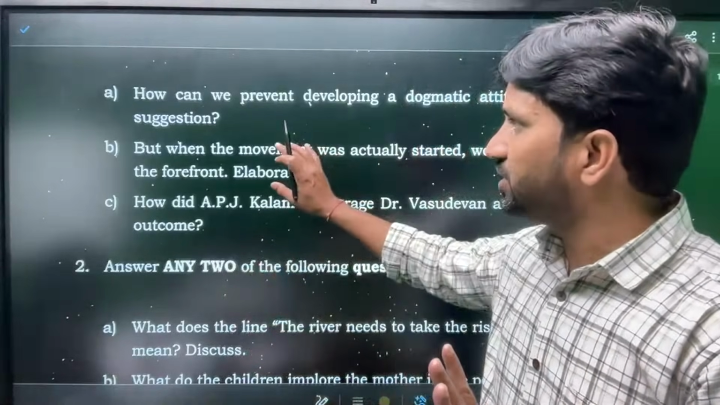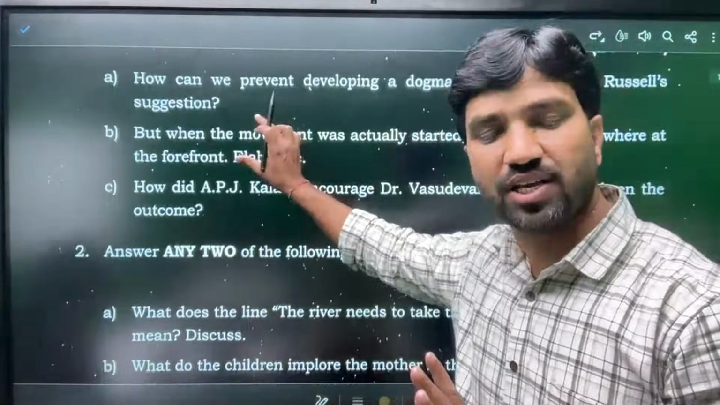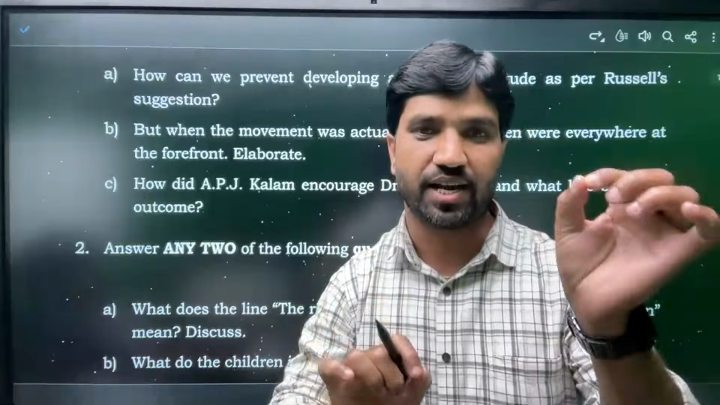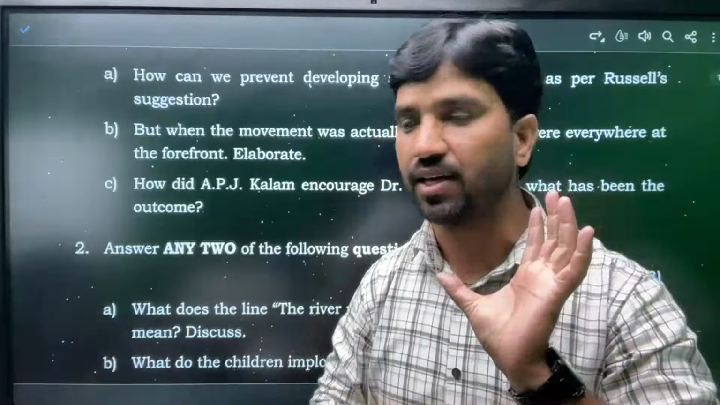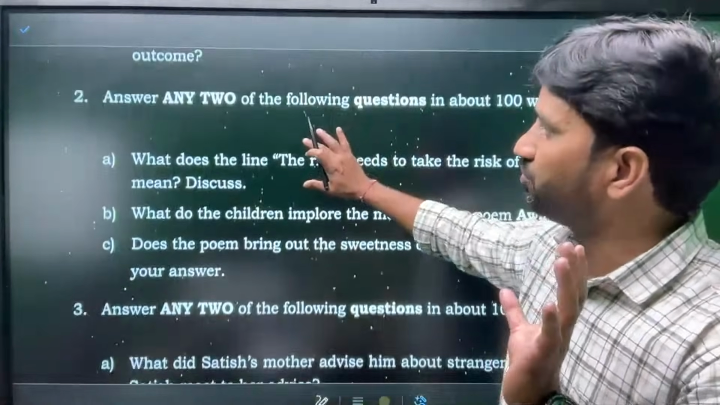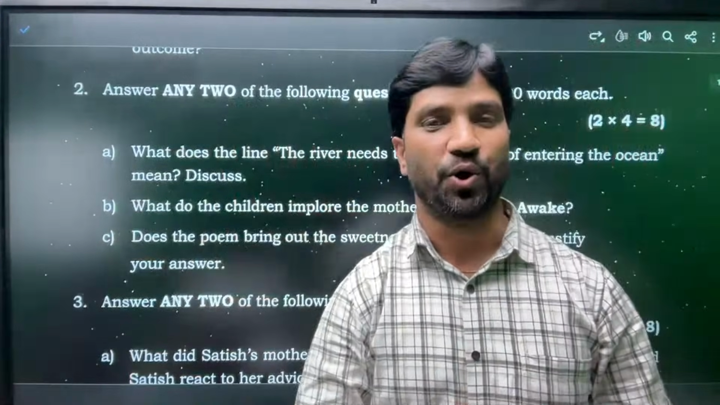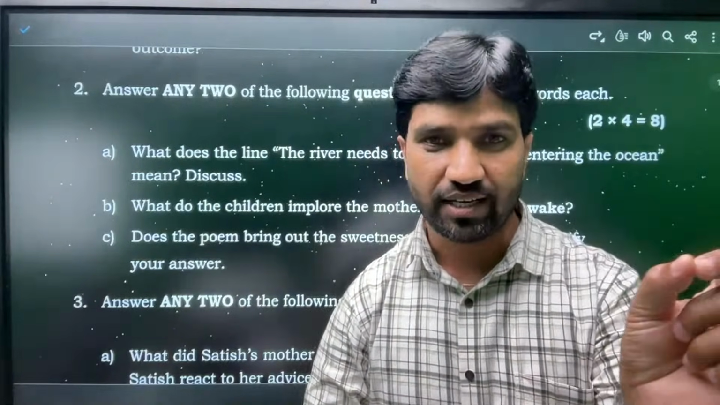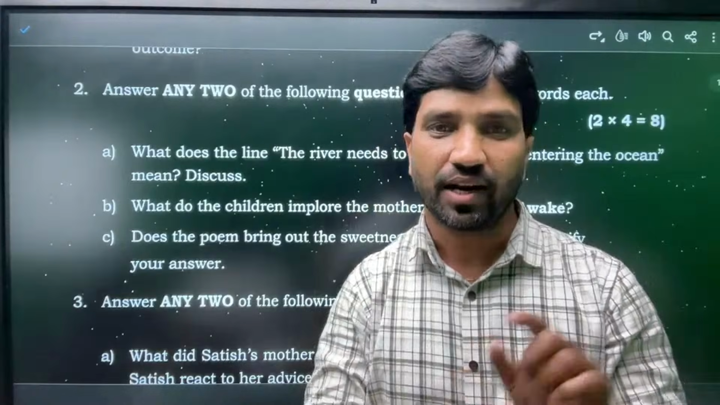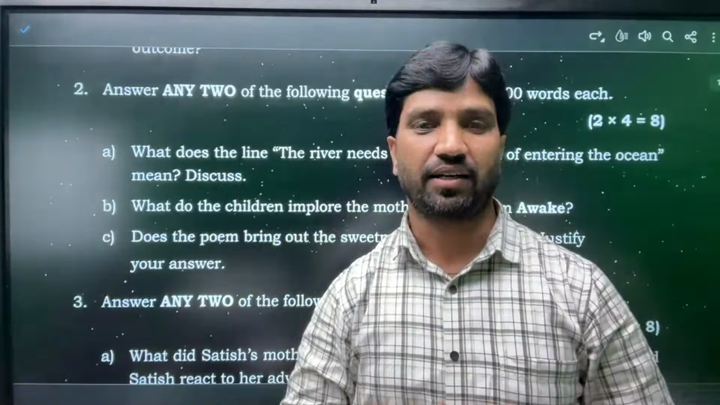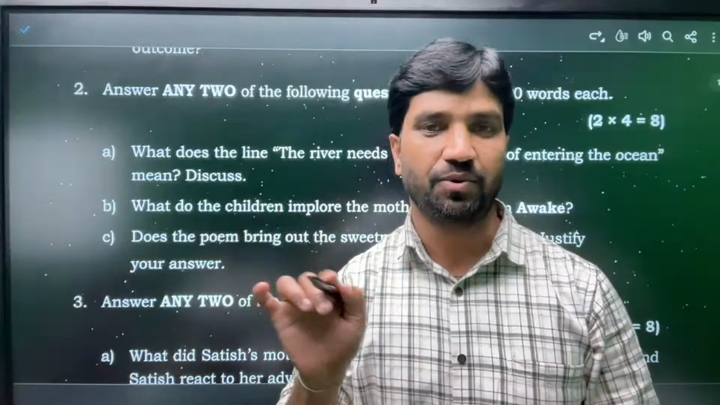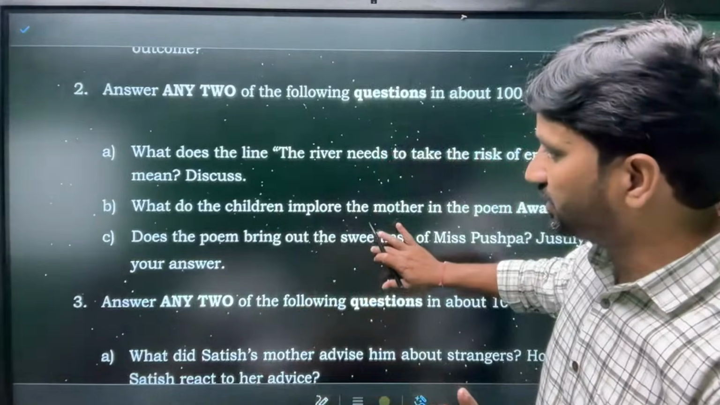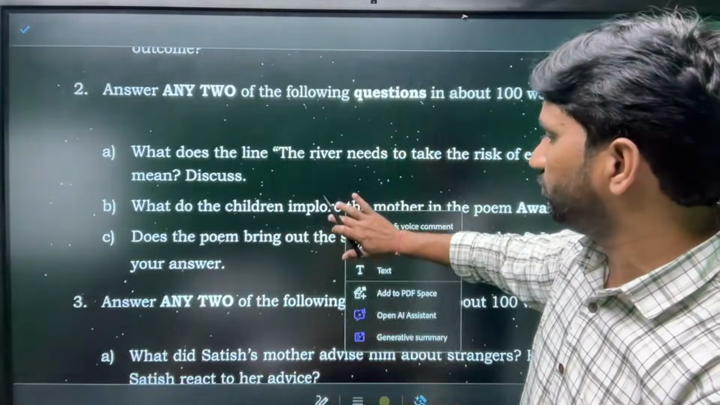No need to get confused, these 3 questions are all from prose lessons. This question is taken from the lesson, this question is taken from the lesson. When you come to the second one, these 3 questions are all from poetry. So while presenting, see, this question has been taken from the poem. Write the poem name and the poet. Underline the words. This is the introduction, then explanation and conclusion. And the last question, from the third one, is